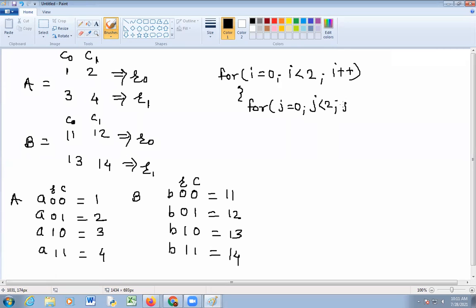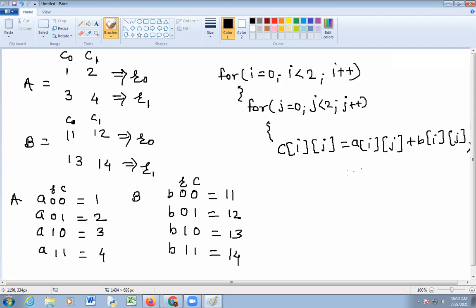Then j plus plus. Then here I have written code C of ij is equal to A of ij plus B of ij. Then this bracket complete, this bracket complete.